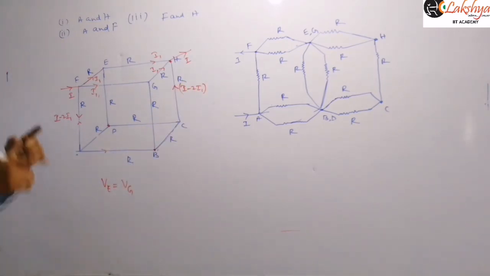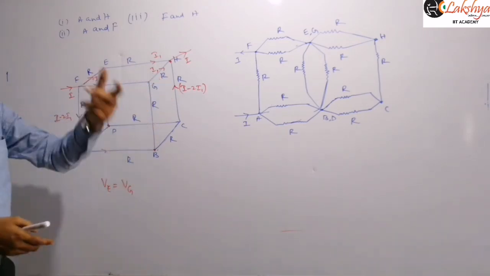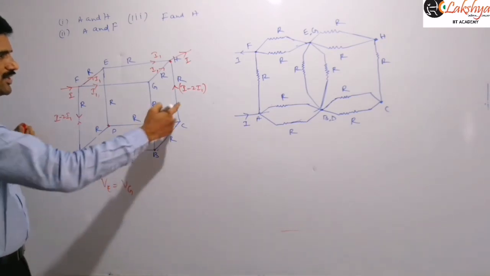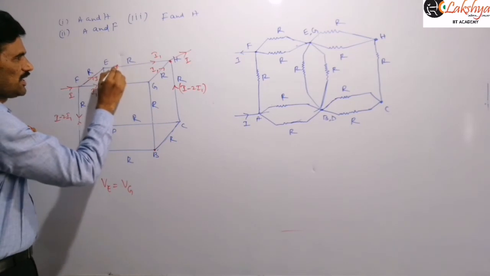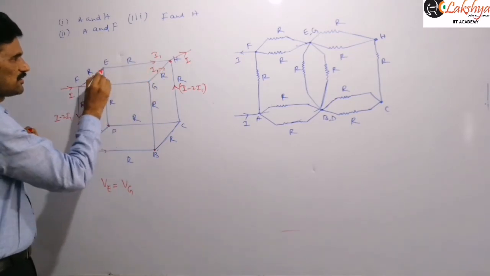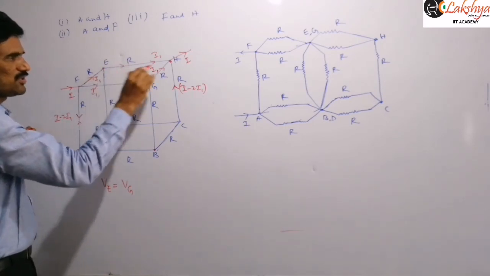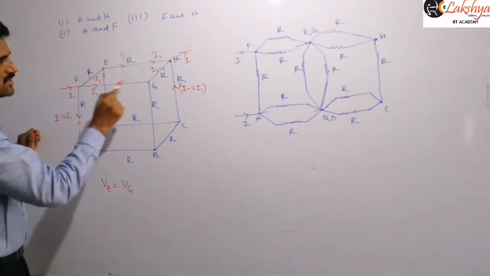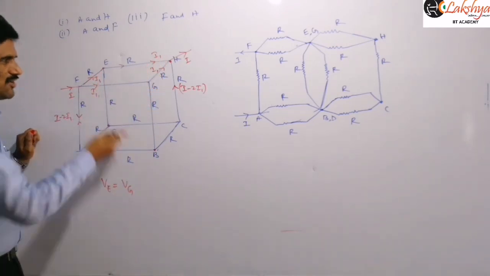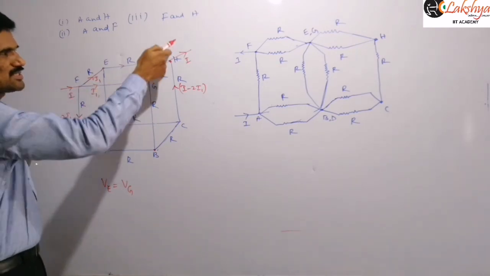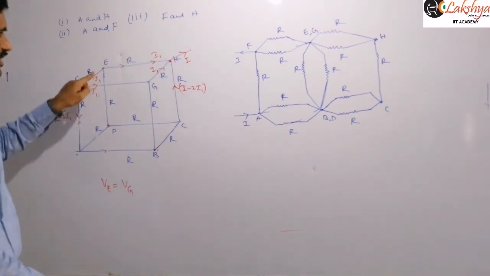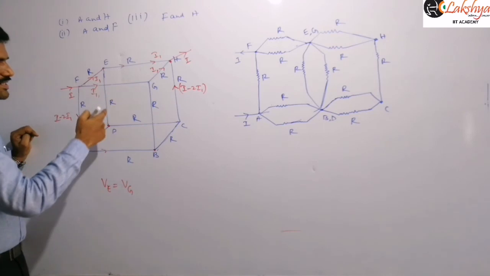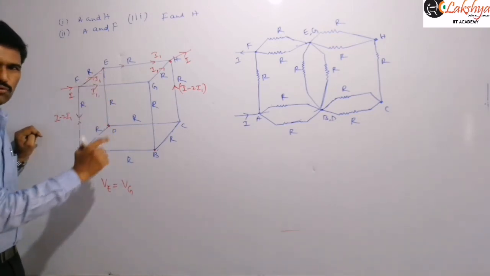Now the important point we should observe is that with this point we can simply solve the circuit. Here current I1 is flowing, and here current I1 is flowing along this path. This I1 is reaching this and I1 is flowing along this path, right? That means there is no division of current along this. There is no current flowing in this. Similarly here, there is no current flowing. The same I1 is flowing from F to G and the same I1 is flowing directly from G to H, so there is no division of current at this point also. From this we can conclude that these resistors will be ineffective, which means we can remove them.